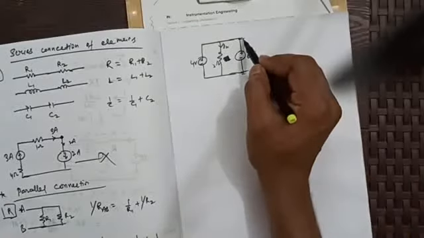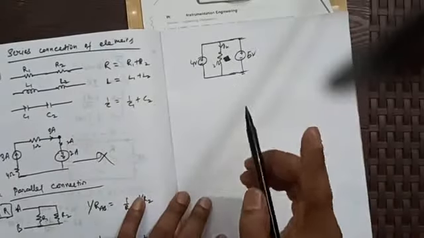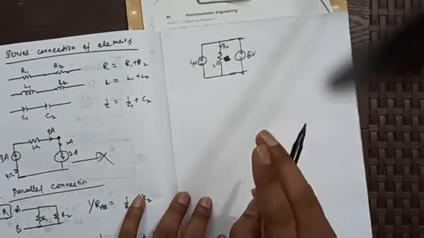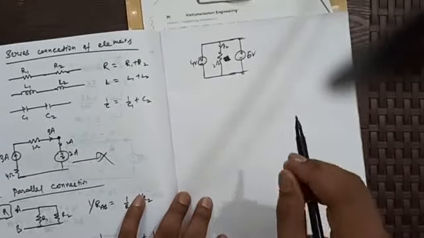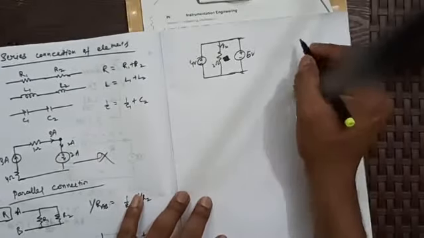But this is a complete violation of KVL. So we cannot connect two voltage sources with different magnitudes in parallel with the same polarity. But in other cases,